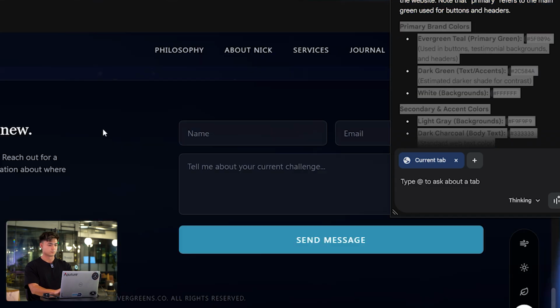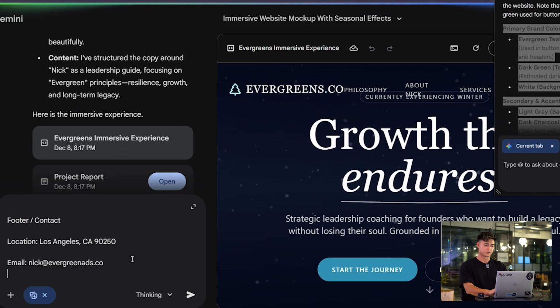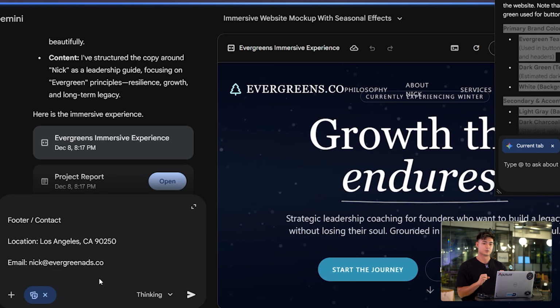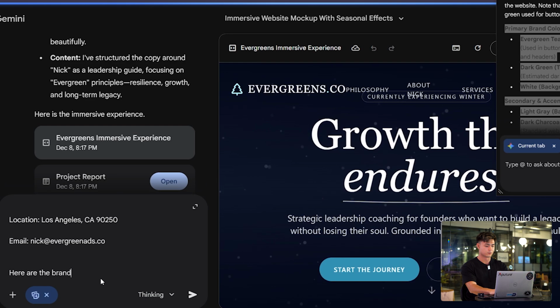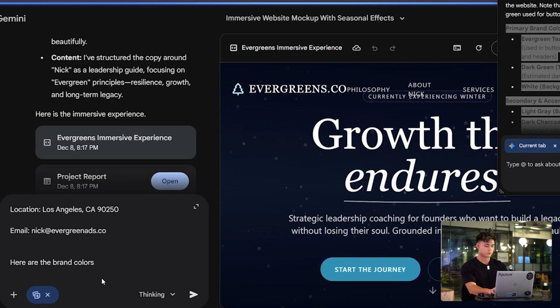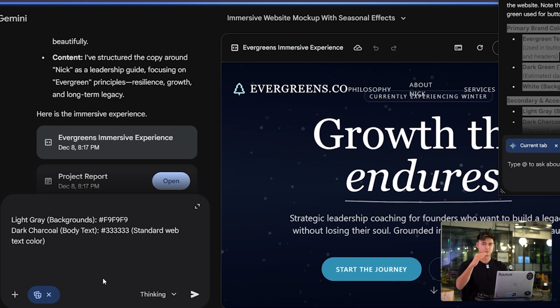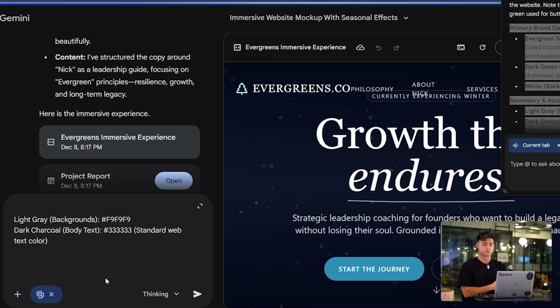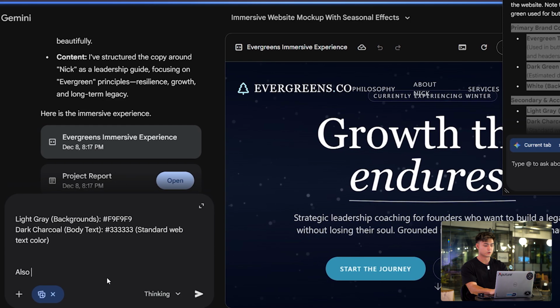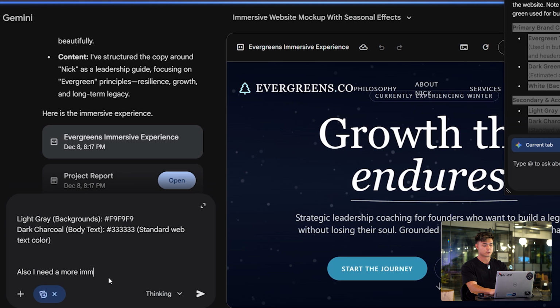Currently Gemini isn't good enough to do this in one go, but it is good enough to deal with the helper, so that's good to know. Here are the brand colors. I'm giving it multiple things to work on at once because it'll be able to push those out as separate tasks. Also, I need a more immersive